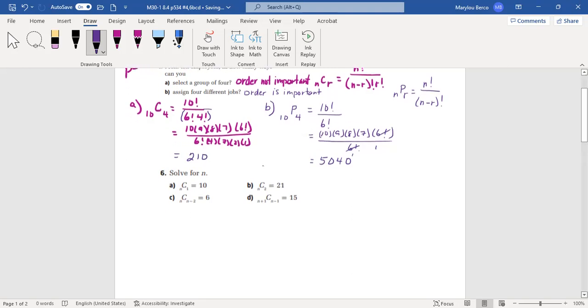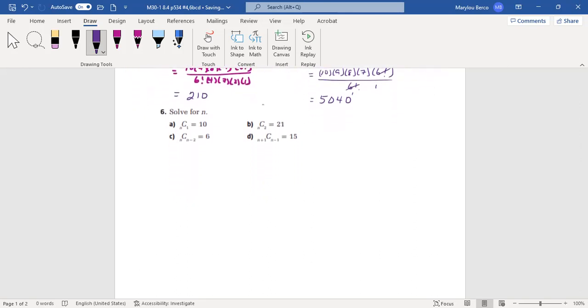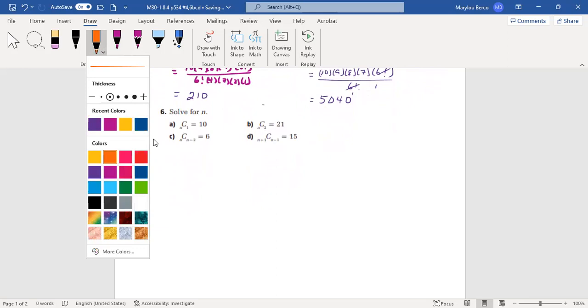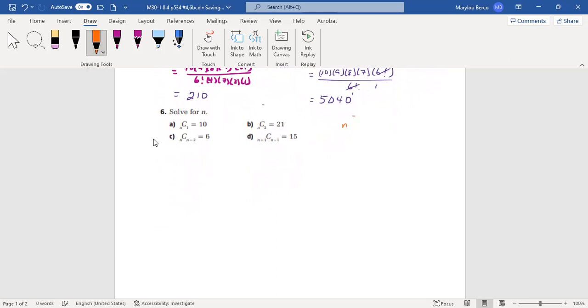Now we're here to solve for n. I need you to remember that nCr equals n factorial over n minus r factorial times r factorial. We're basically substituting: the number on the left of the C substitutes for n, and the number on the right of the C we substitute for r. That's all. So here for A, we have nC1